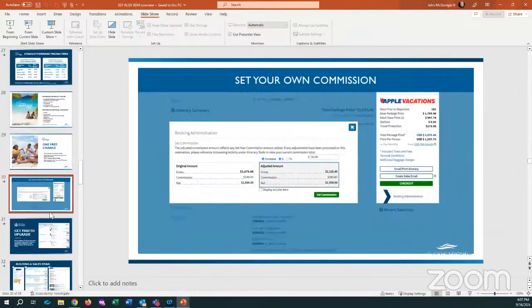Okay. Just to remind you about setting your own commission, you have the ability in VAX, on the VAX booking platform, and ALG Vacations. Again, not to confuse the issue. It's all the same entity. It's just a different way that you're going to enter the portal. And the ALG Vacations portal is much more user-friendly. And as I said, it has all of this information about how to set your own commission. And I'll talk about waves in just a minute.